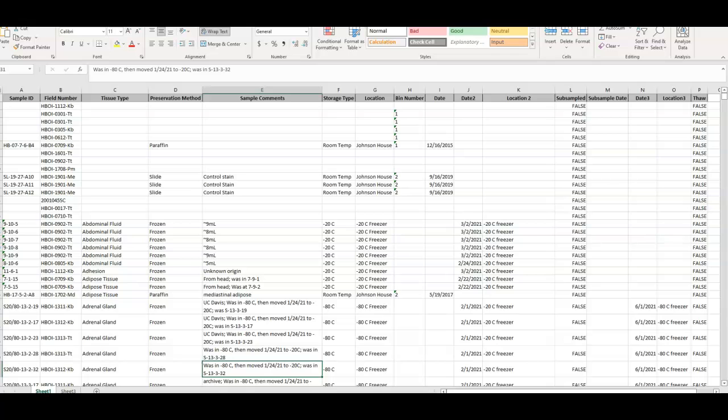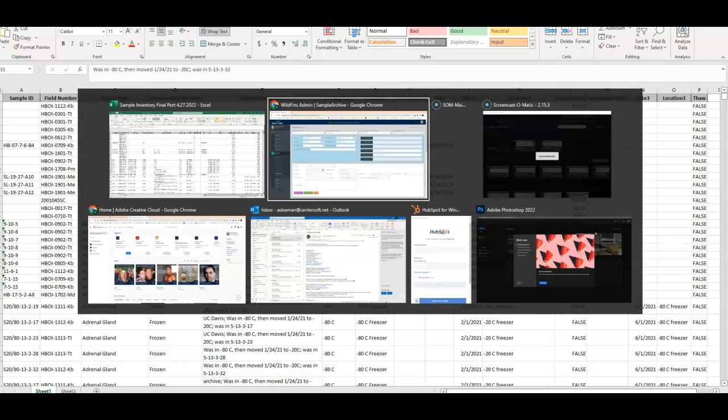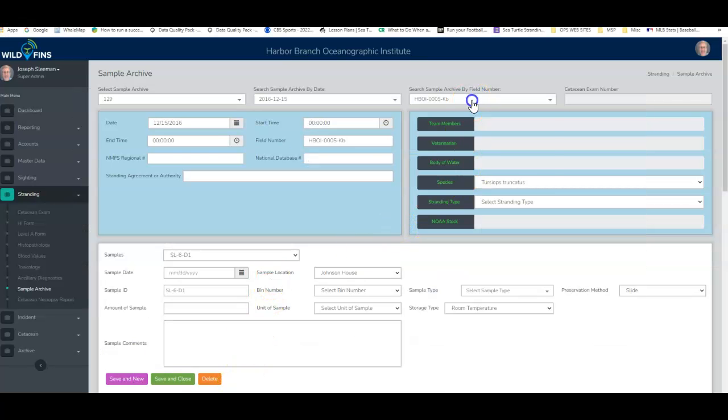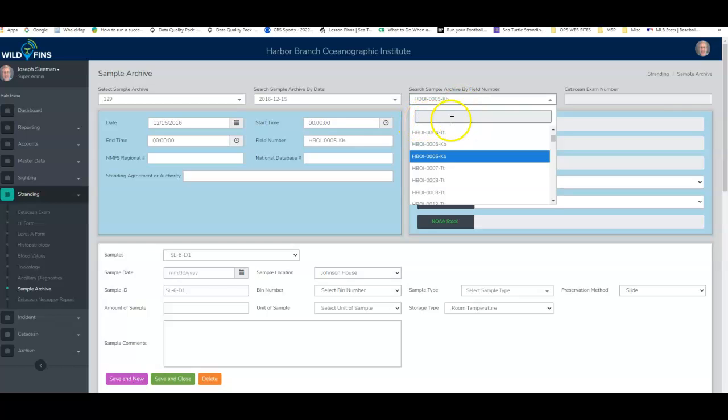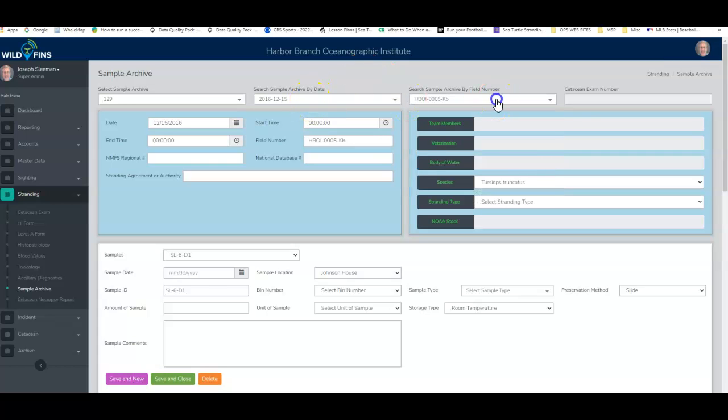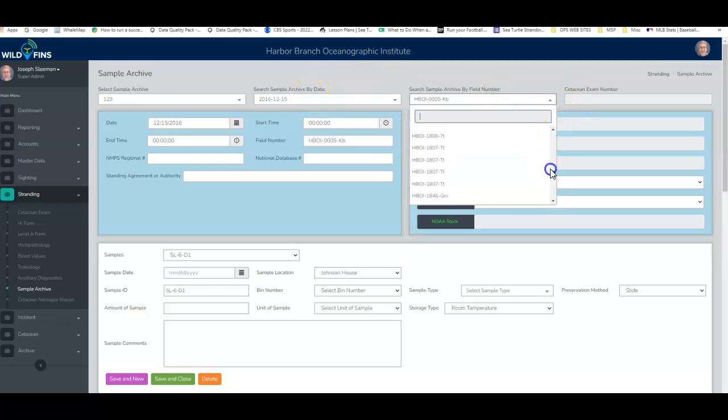Any questions? Oh, you know what? Let me point out one thing. You will have the ability to put in a search by sample, by a field number here or date. So when you first go, this list can be a little bit daunting. So you feel free to just type in, like I did, this